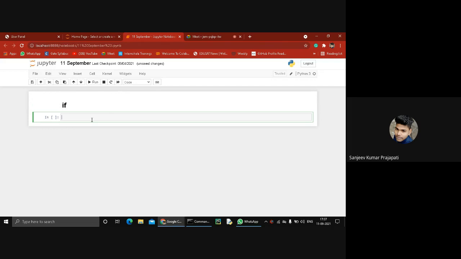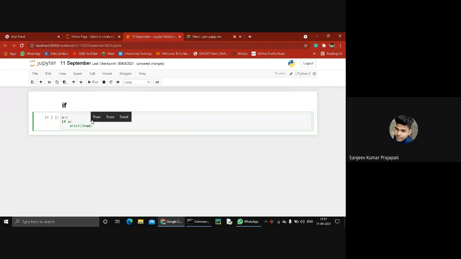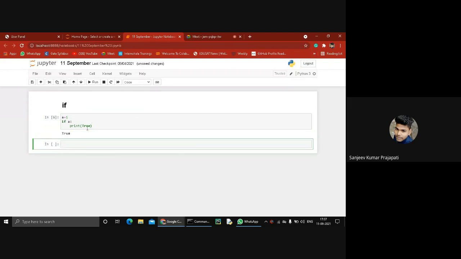So I give you an example like a equal to 1 and performing an if statement: if a, print true, and press shift enter. We get true, because the first statement is true, then the interpreter executes this code, print true. Okay, I'll give you more examples.